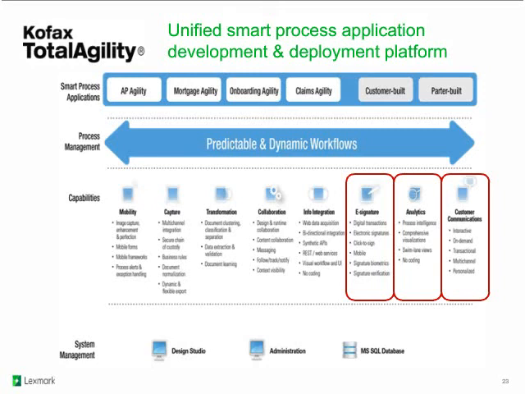So in addition to all of this, the mobile capabilities and the analytics capabilities that are part of our smart process application platforms, we also have the ability to enable people to transact business by the signing and approving of documents. So we have an electronic signature capability that can be added to any of the workflow processes you heard our colleagues talk about today. And that enables the bank or a customer to actually transact business. So to complete an application, sign it, have that be a legally enforceable signature, and do that in a completely digital